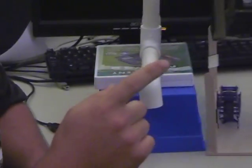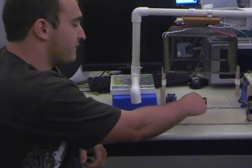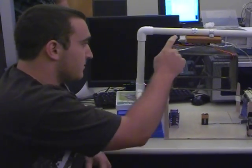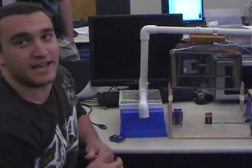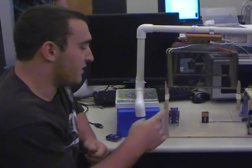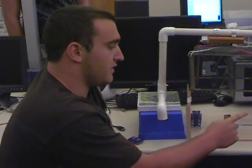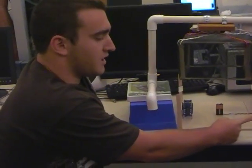Once we have a threshold of 0.1 higher or lower, if you break that, it constantly checks the force, and if it breaks that threshold, it triggers the motor to drop the cage on top to catch the mouse. So we came across one problem when designing it: the initial design, proof of concept works with the